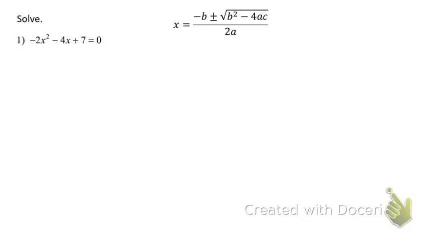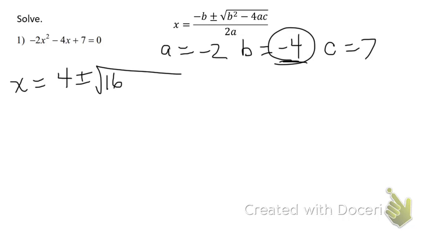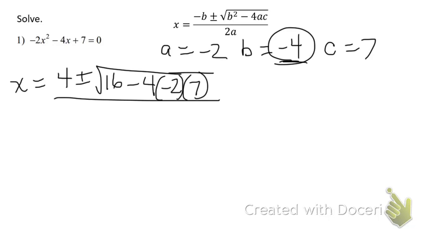So for the first one, A is -2, B is -4, and C is 7. So applying the quadratic formula, x equals -b, which will be a +4, plus or minus the square root of b squared, -4 squared, minus 4 times a times c, all over 2 times a, and 2 times -2 would be -4. So we have 4 plus or minus the square root of